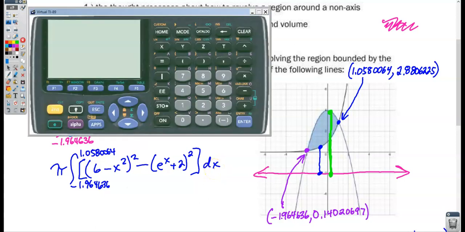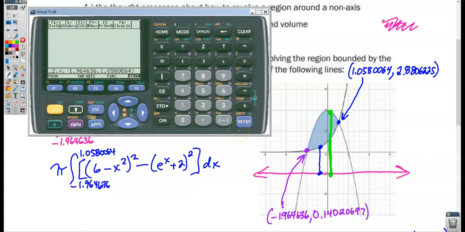And now I'm going to go ahead and calculate my volume. So I've got pi times the integral of the quantity 6 minus x squared minus e to the x plus 2, quantity squared, with respect to x from -1.964636 to 1.0580064,